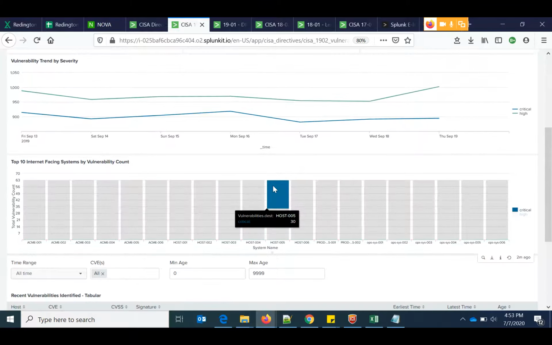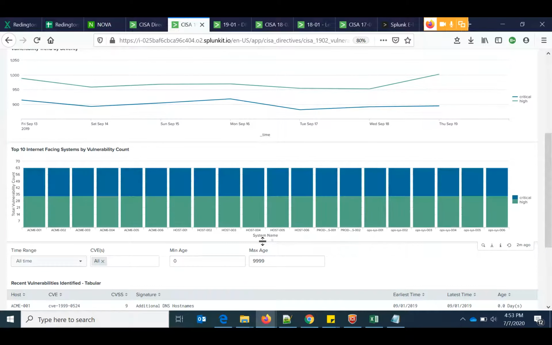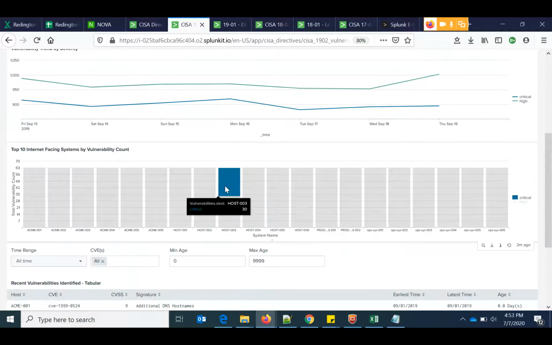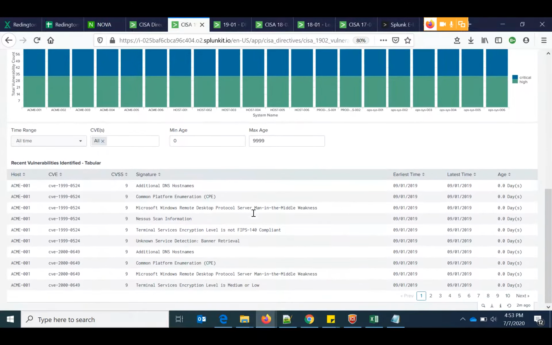Then below that, you can view the hosts with the greatest number of vulnerabilities present. Whenever you hover over each vulnerability, you can see the details of the hostname and the vulnerabilities present. You can just click on them and deep dive down below as a filter. So that's where the bottom layer of this dashboard is the list of CVEs, host signatures, and